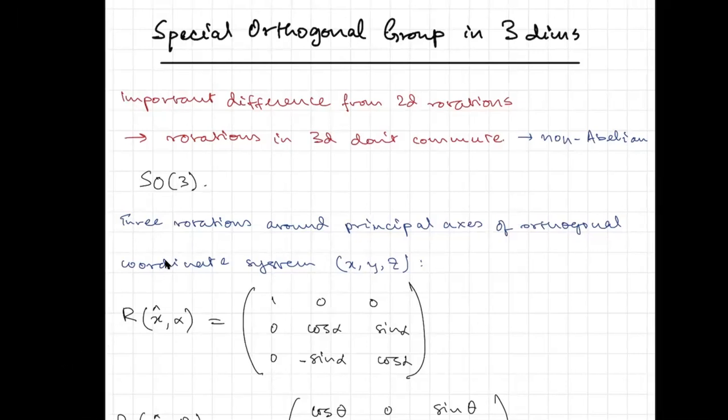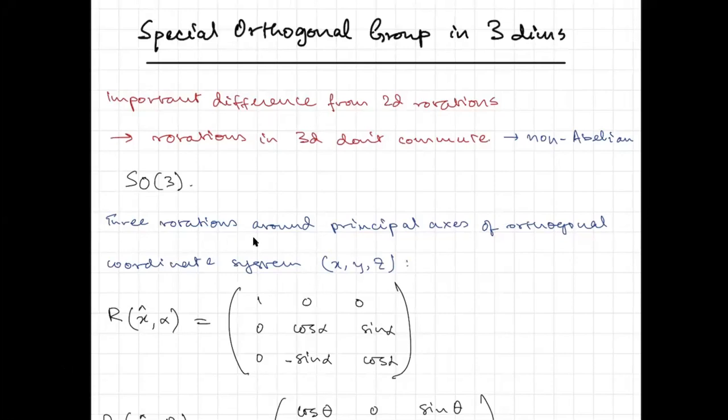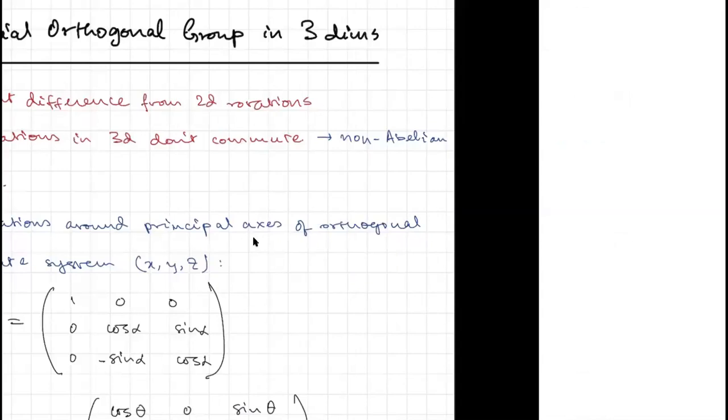So, you know, the special orthogonal group in 3 dimensions, or SO3 as we call it, is similar to the group of rotations that we have in 2 dimensions, but the change, and it is a reasonably significant one,